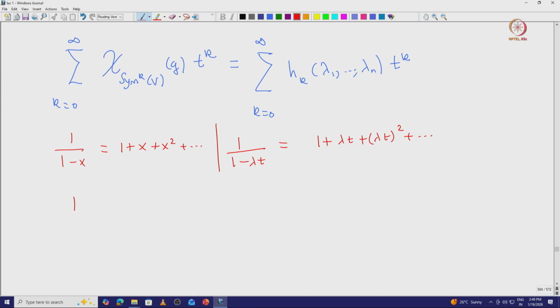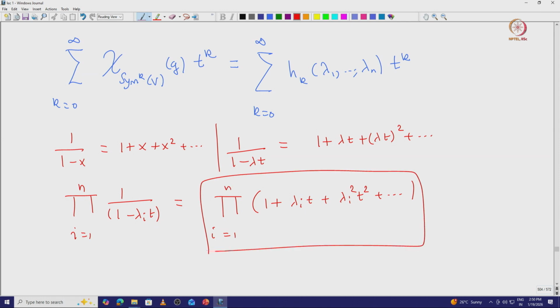Now, if you look at this product of 1 divided by 1 minus lambda_i t, where i ranges from 1 to n, this is going to be exactly equal to the product of 1 plus lambda_i t plus lambda_i squared t squared and so on, where the product runs from 1 to n. Now, if we look at this product, you can rewrite it as a summation, where you take all possible products among these lambda_i